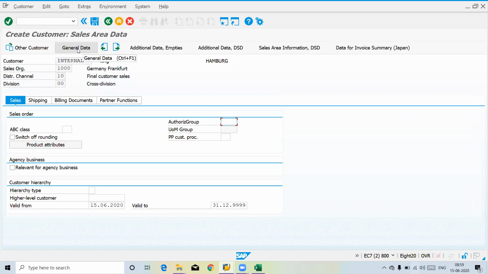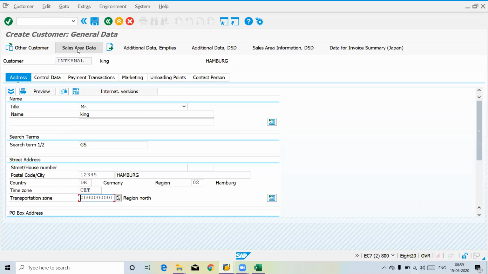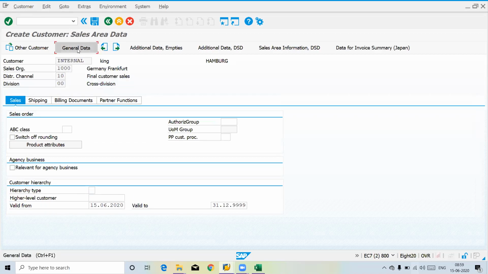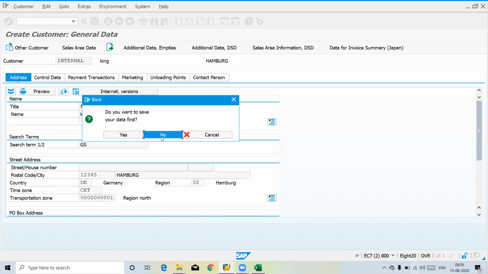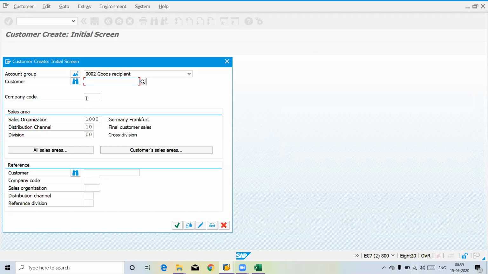General data, right? You have sales area data and you have general data. You got it, right? Let me go back and show you.